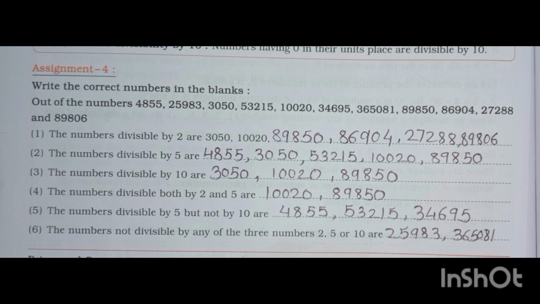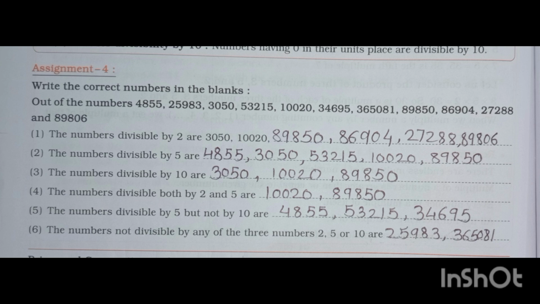10,020, 89,850. Fourth one, the numbers divisible both by 2 and 5 are 10,020, 89,850. Fifth one, the numbers divisible by 5 but not by 10 are